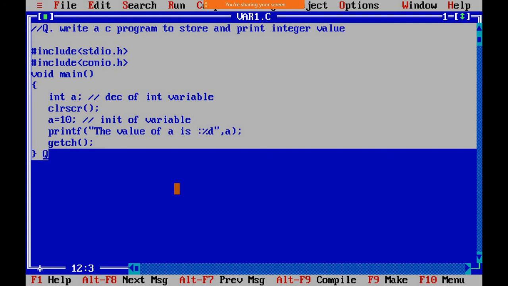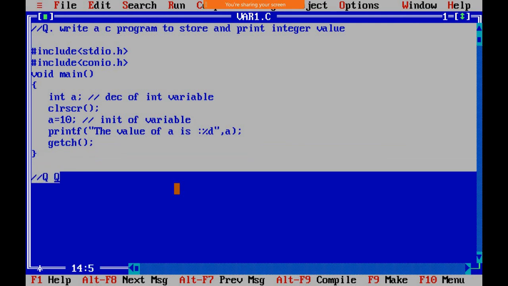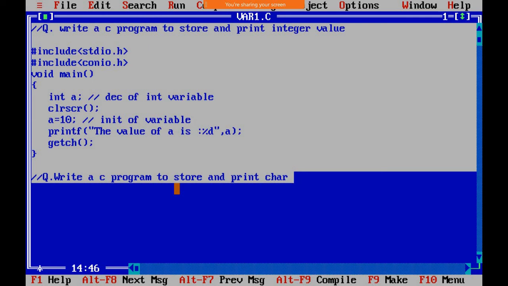Here I will write some questions. Same questions, right? Write a C program, store and print char value.